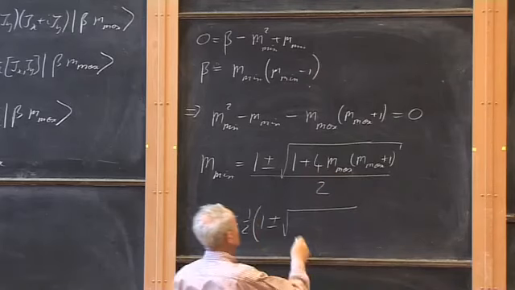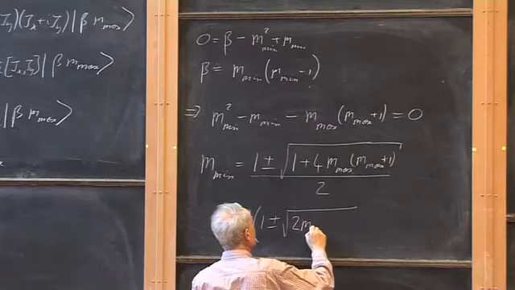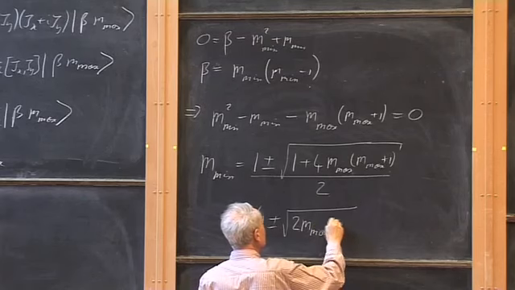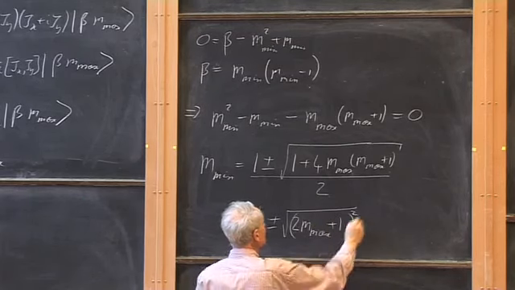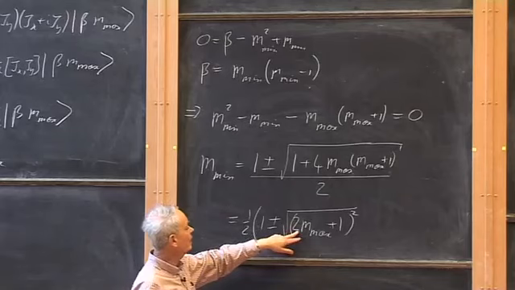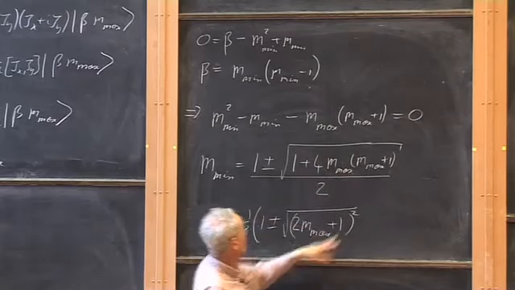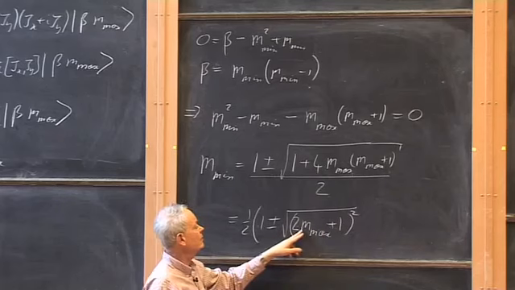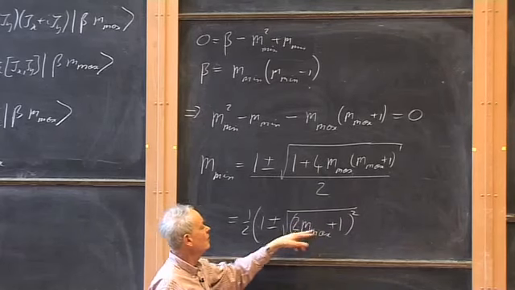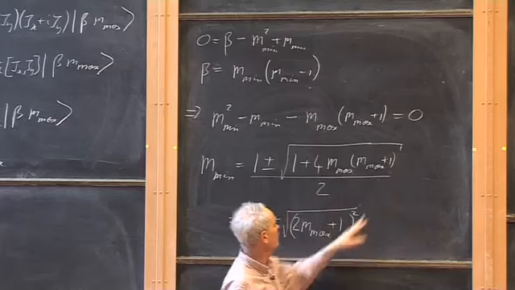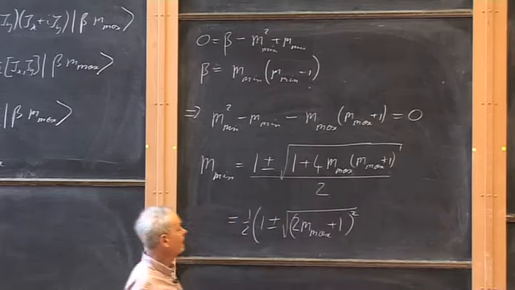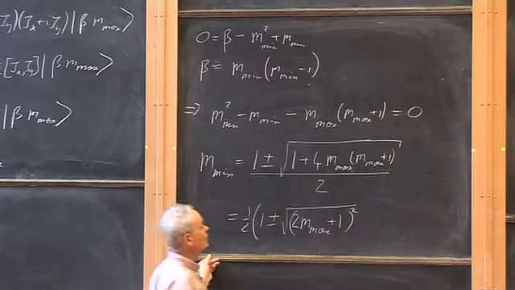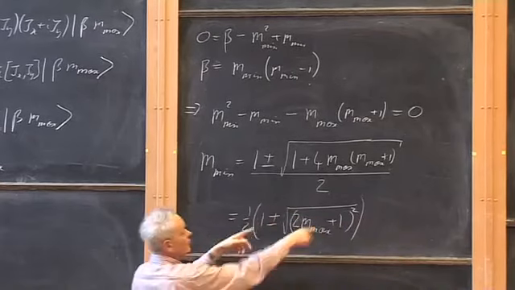Well, let me write down what it is, and you can tell me whether you agree with it. It's (m max + 1) squared. If you square this stuff up, you get 4 m max squared. You also get 4 m max from the cross terms. 2 times 2 makes 4, so that's that, and you also get a 1, that's that. So we can extract the square root, right, because we've got the square root of a square, so we have